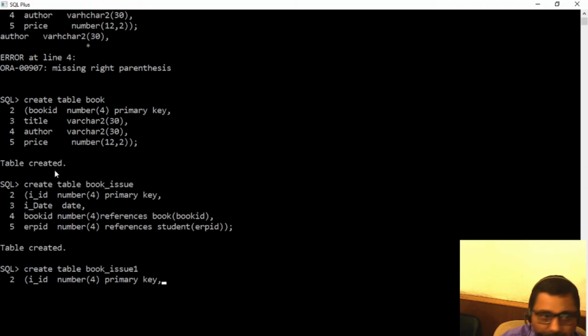Issue ID, I'm removing this primary key, or we can have primary key here, because I'm not adding foreign key at the time of creation of table. We'll add it later on using alter table command. Then second one is title.